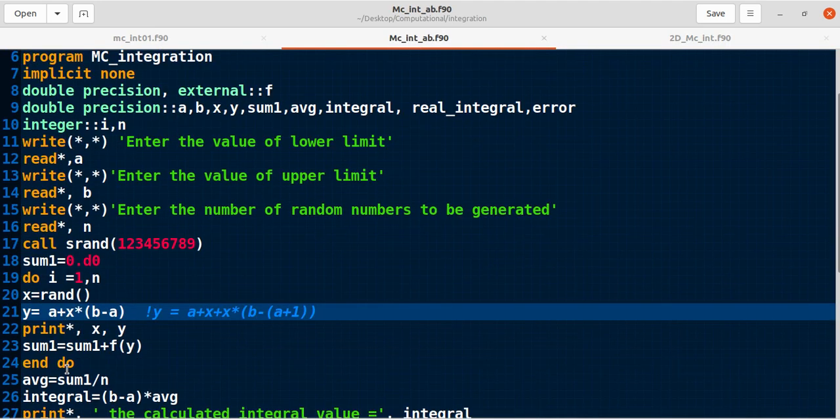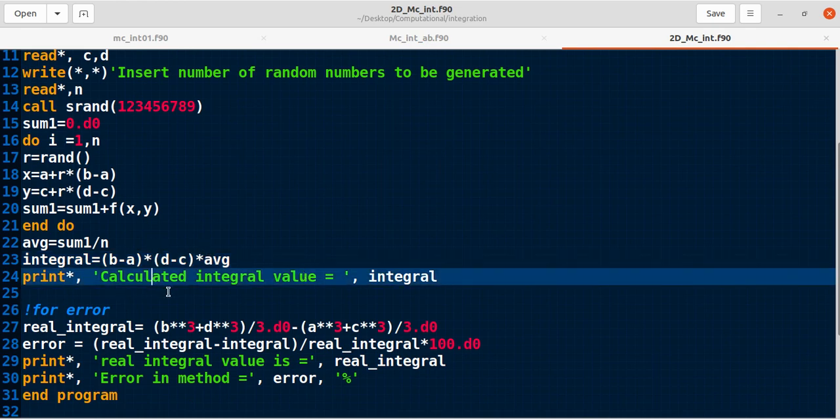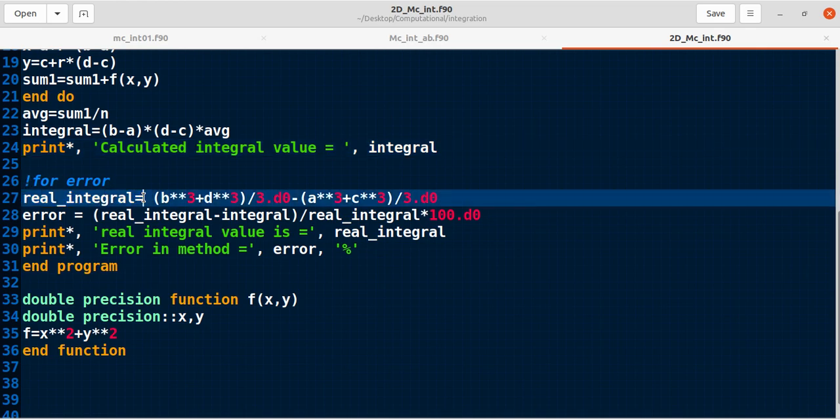So in one dimension the difference is b minus a, but here it is two-dimensional, so we have two differences, this and this, times the average value. This prints the calculated or estimated integral value. We also estimate the error in percentage. For this we have to know the real integral, and for this function the real integral for the limits a, b and c, d is